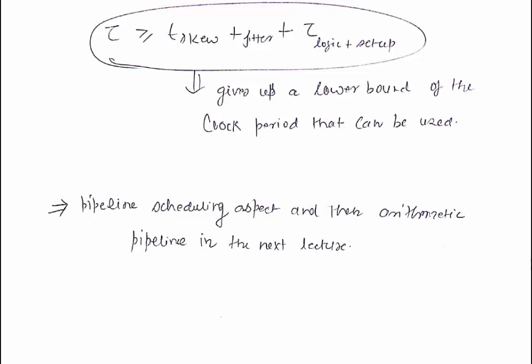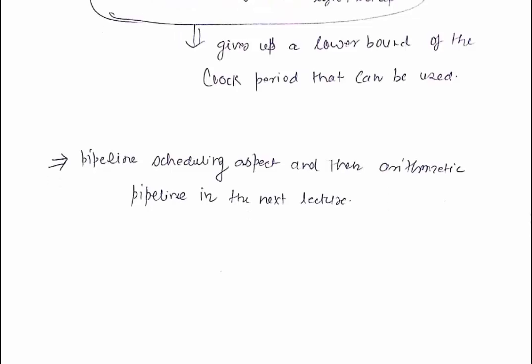What we are going to discuss in the next lecture is pipeline scheduling. Pipeline scheduling means how you can schedule the stages, or how you can put the stages in such a way that conflict does not occur. Let's say you have 3 stages, and there are 3 inputs to stage 1. You should feed the inputs in such a way that conflict does not occur in subsequent stages. That we are going to look at in the next lecture.